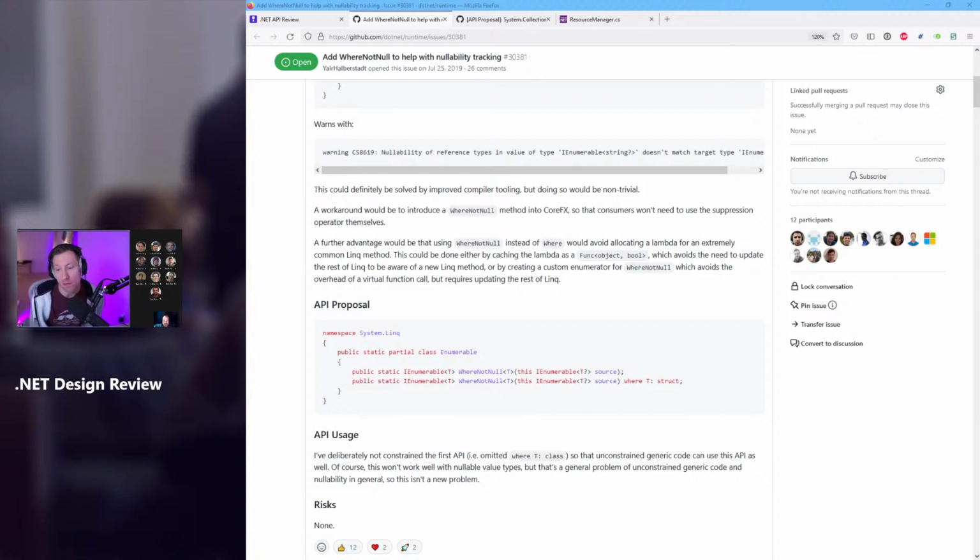But yeah, to me, it's more like an expressiveness thing. If you write queries like I do, removing nulls is super common and especially annoying with value types because then you also have to do the dot value everywhere. I personally think it would add sufficient value based on my own use, but given the data that Mark has, I'm okay with saying it doesn't make the threshold. I personally would be a little bit sad, but